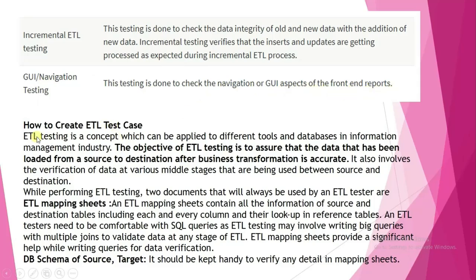So then, how to create an ETL test case. How are you going to create the ETL test cases here? ETL testing is a concept which can be applied to different tools and databases in the information management industry. The objective of ETL testing is to assure that the data that has been loaded from source to destination after business transformation is accurate. It also involves the verification of data at various middle stages that are being used